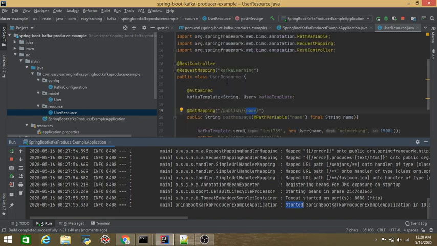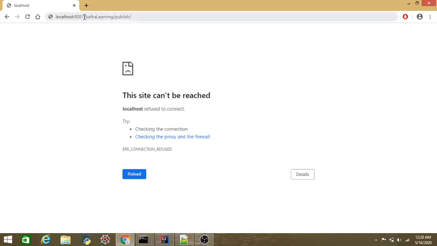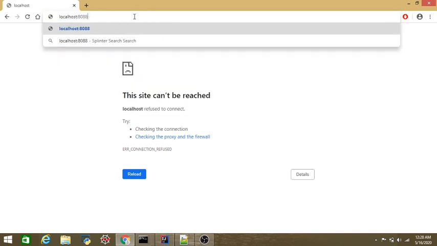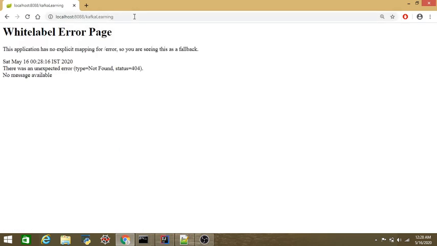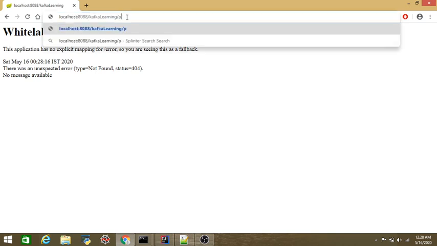So let's go and use this run here, localhost 8088 / kafka-learning. Let's see whether the server is started or not. Yes, the server is started. So the full path is publish slash, and we need to send a JSON message here.